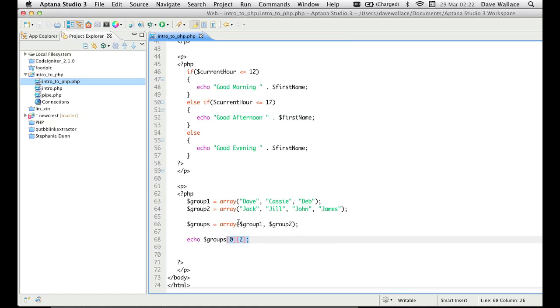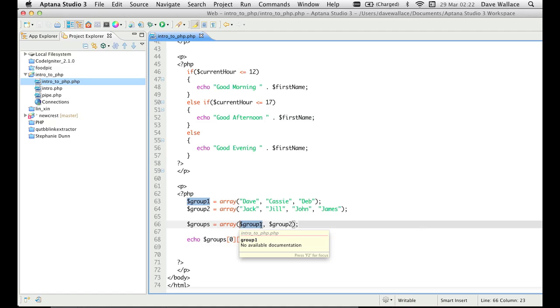But actually before I get to that, I did mention briefly before that there were two different types of array. There's the number indexed array, and then there's the string indexed array, also called an associative array. So let's just say we want to change this top level groups array to an associative array, and I want to give each of these a name. So what I can do is put a string in here and say, well, this can be group 1,